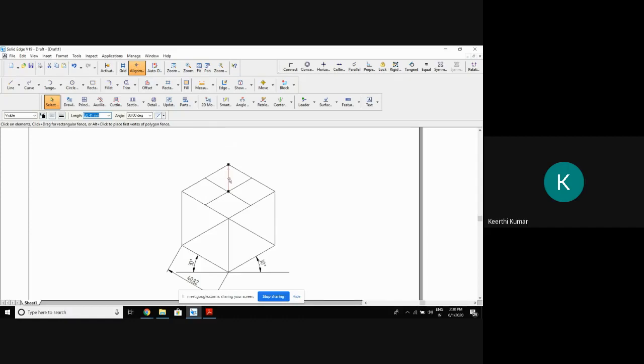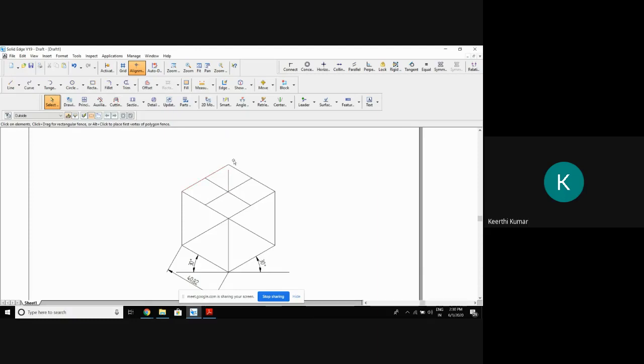Only for this problem, this line is connecting to this. But in some problems, I'll give one more example. Assume that instead of 50, we take a sphere of 40 mm diameter. So what is the line I am supposed to draw for the radius? If the diameter is 40, the radius should be 20 multiplied by 0.8164, that is 16.3. If it is 40, the radius will go only up to here. If it is 50, it will touch here. If it is 60, it will cross.